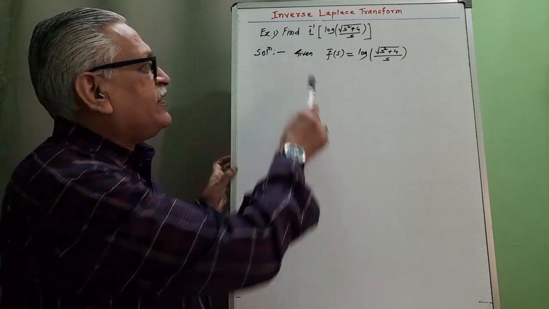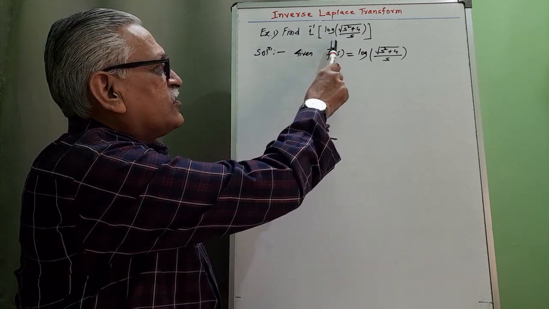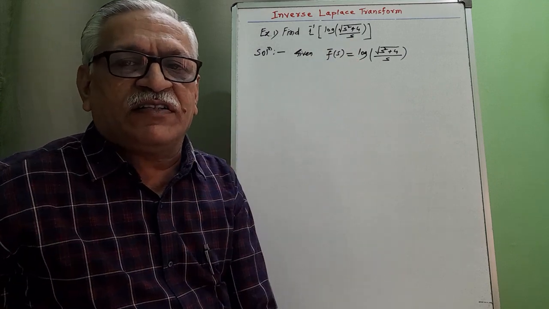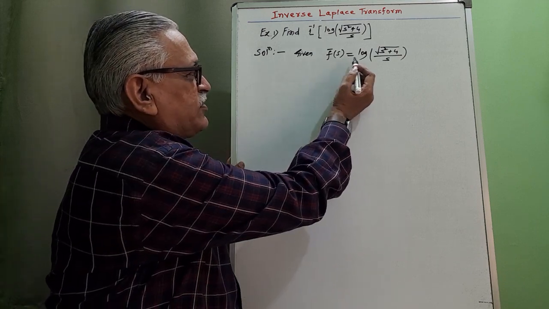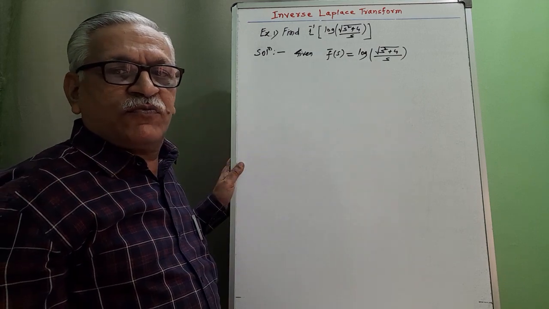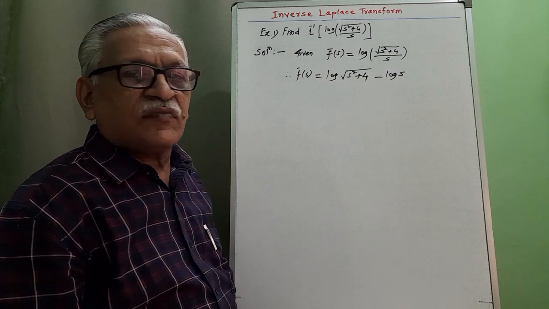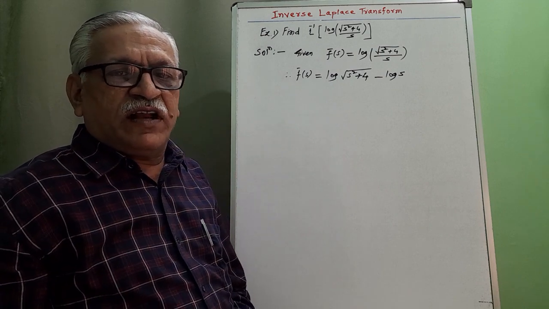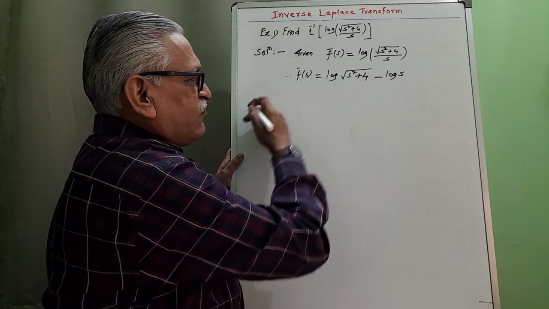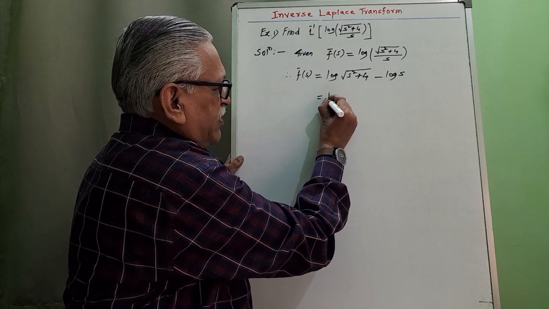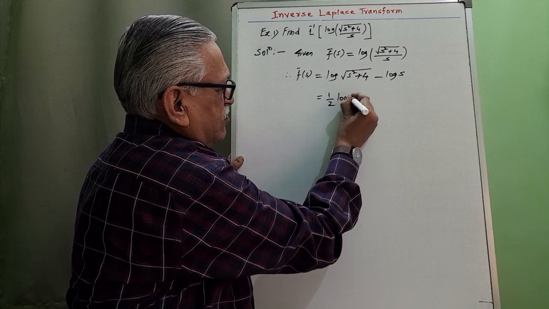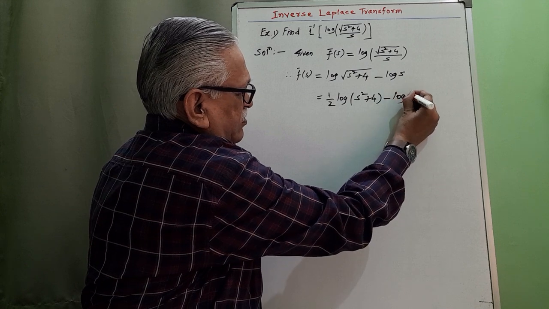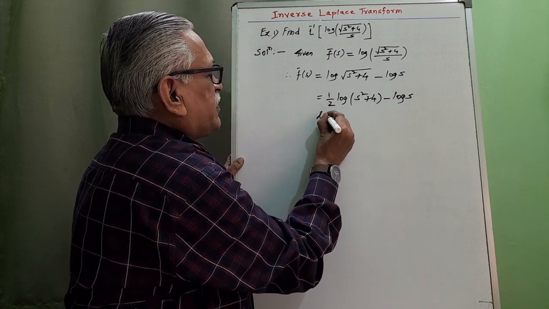First example, find inverse Laplace of log of root of s square plus 4 divided by s. To determine its inverse, we consider f bar of s as log of root of s square plus 4 divided by s. This square root means (s square plus 4) raised to 1 by 2. Therefore, taking that 1 by 2 before the log, we get 1 by 2 [log of s square plus 4 minus log of s], and then differentiating this with respect to s,